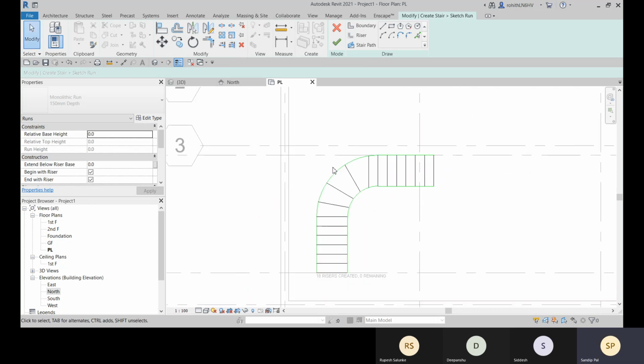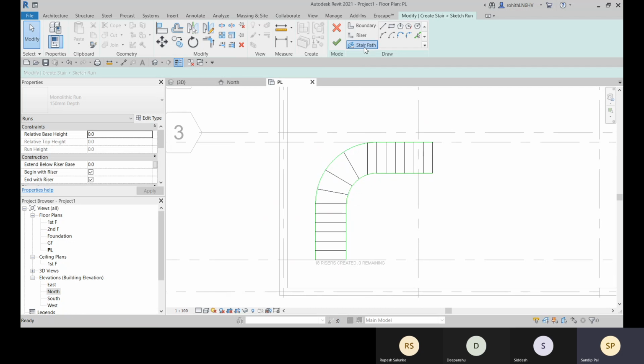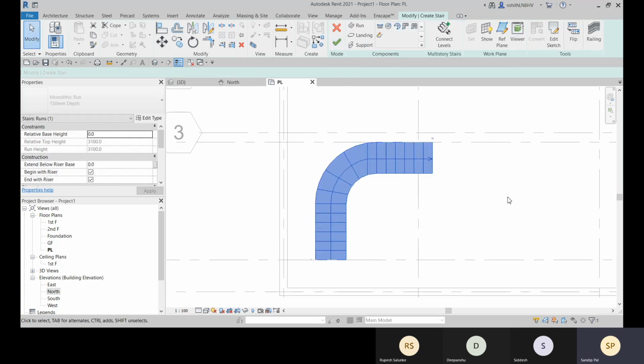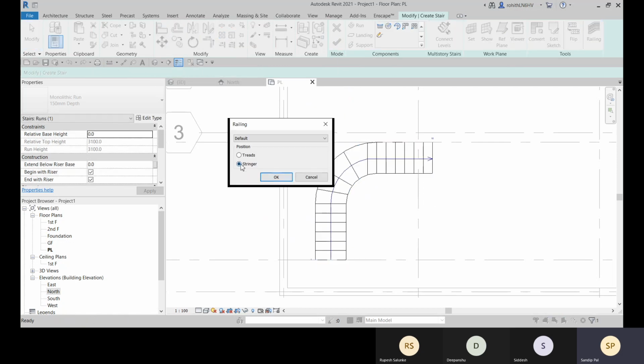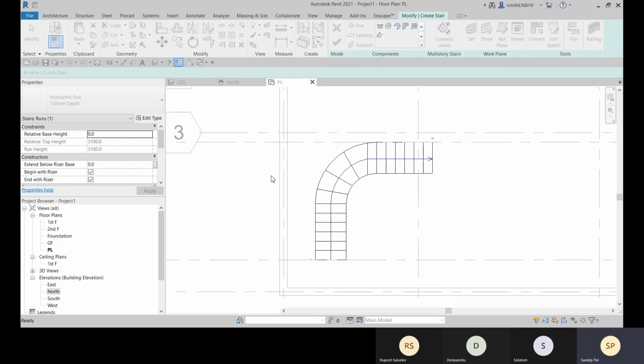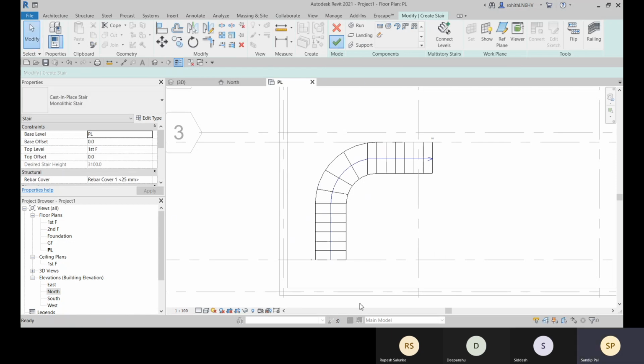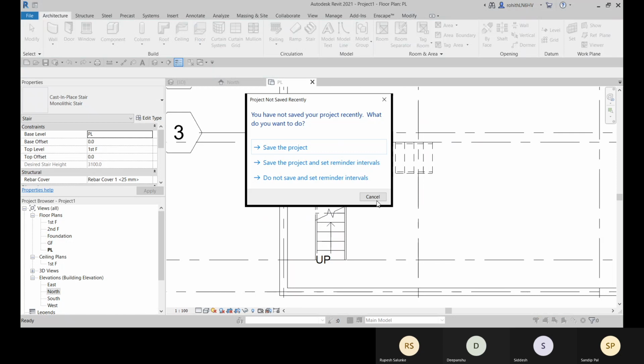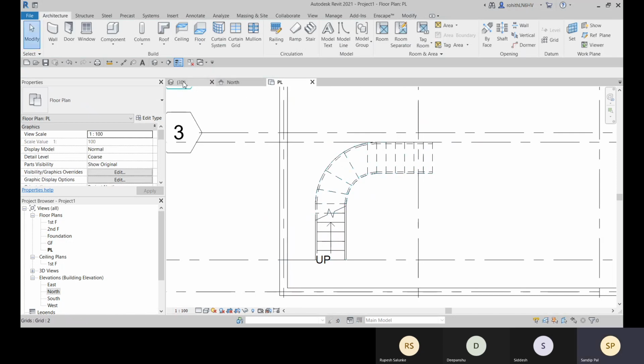All right, so this is what you created. And now you need to define the stair path. So this is going to be from this point to this point, and then go with this start and radius, start and end, then it will snap. And this is going to be the stair path. And then click on finish and go check to the railing, and railing will be placed on treads. Click on OK. That's it. Fine. So that is created.